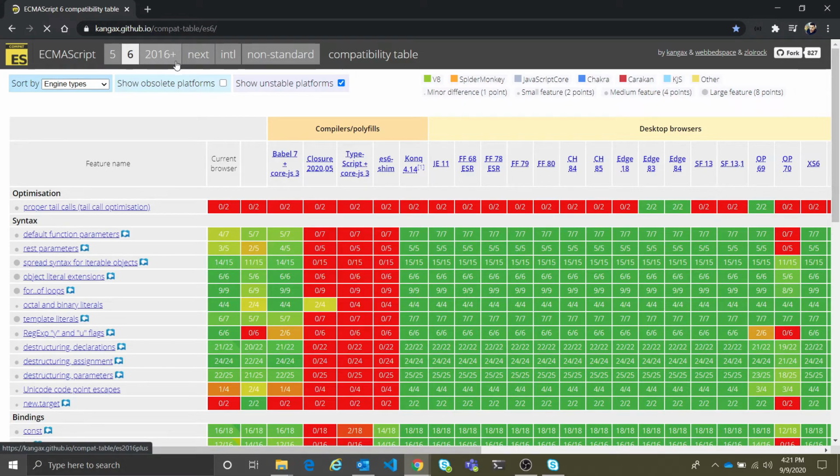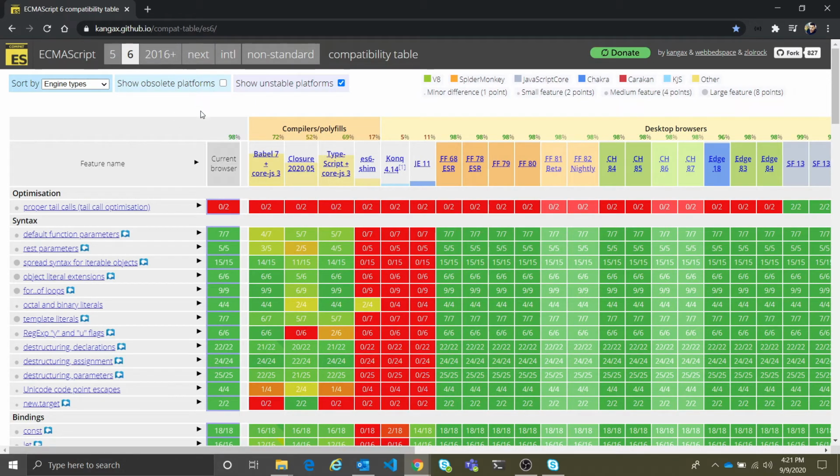We have ES2016 plus versions, and next is ES12, because currently we are in 2020, so we have ES11 available right now. Here we can see compilers and polyfills, like Babel 7 or TypeScript plus Core.js.